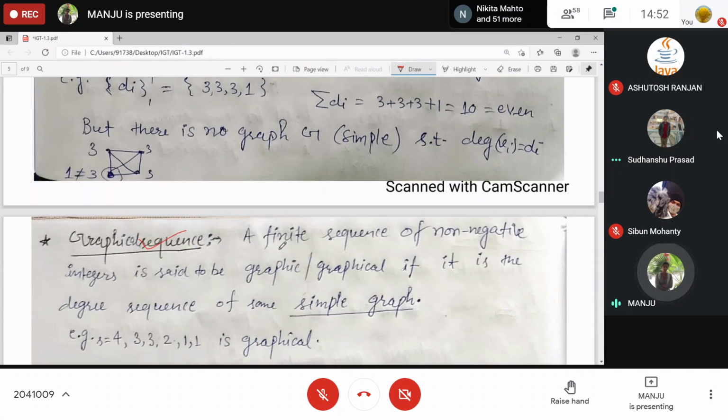If no, the graphical sequence I already did. A finite sequence of non-negative integers is said to be graphic or graphical if it becomes the degree sequence of some simple graph.